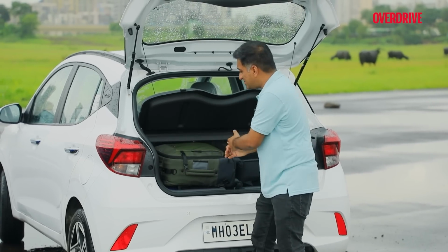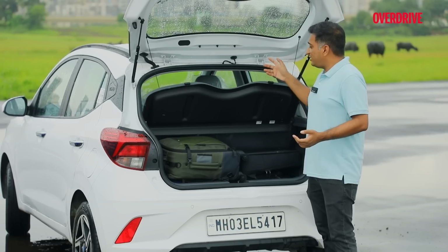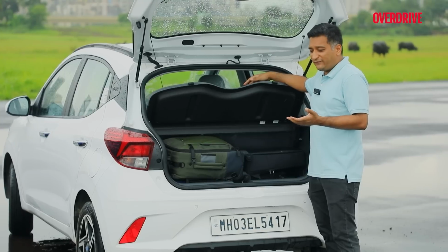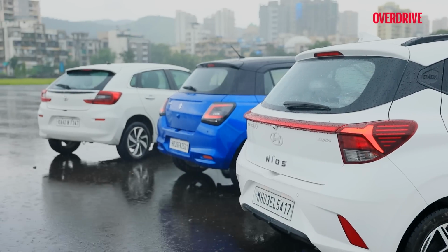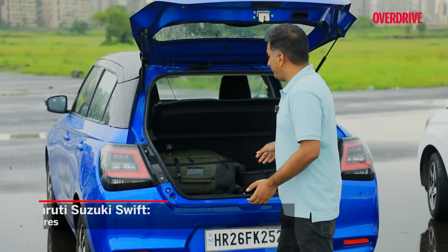That being said, the space itself is not very deep. As you can see, this is the kind of space that we have. And another disadvantage is that you don't get a 60-40 split. So if you have to carry more stuff at a pinch, you really can't do that without a lot of effort. Now the new Swift only has about 5 litres more than the Nios at 265 litres,